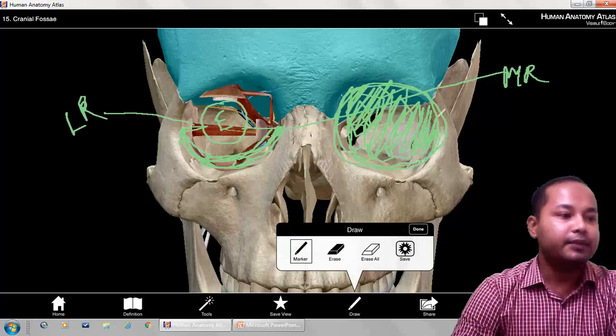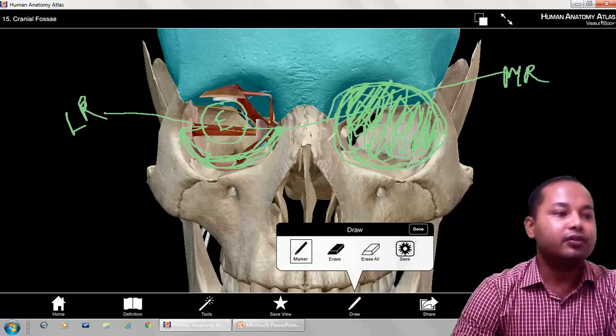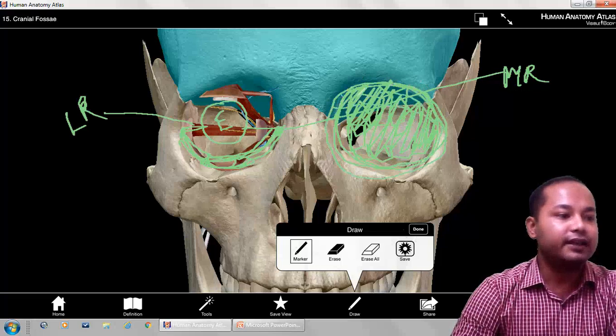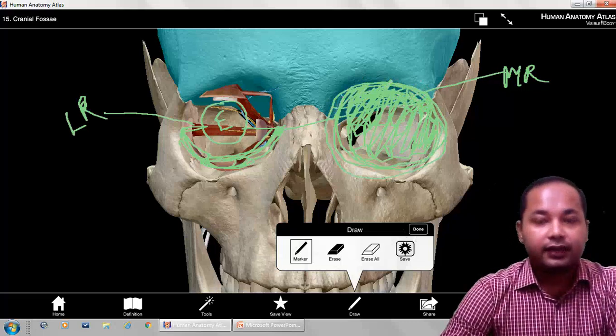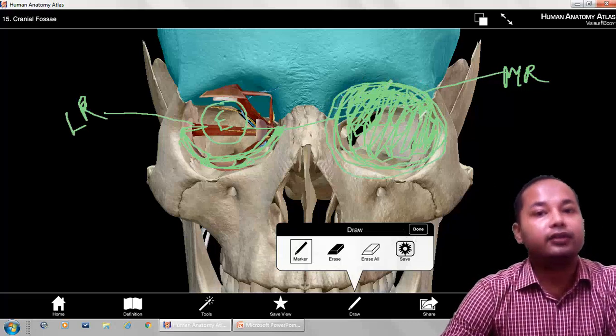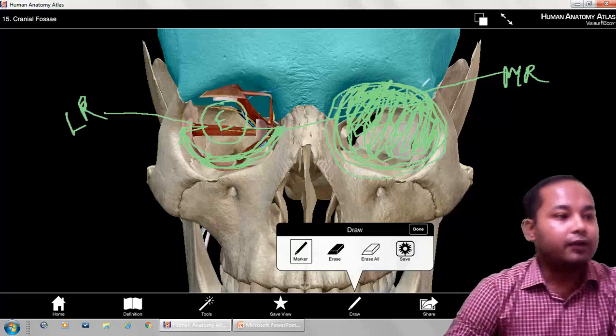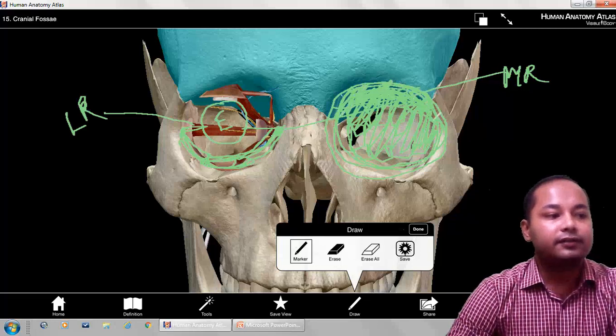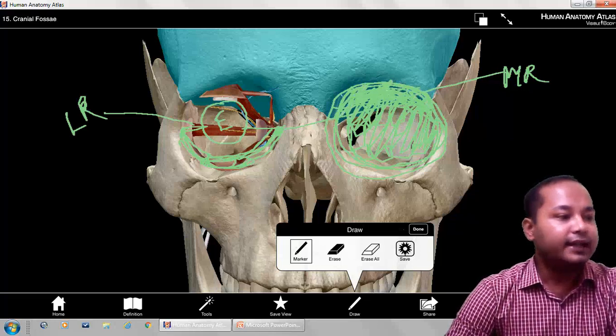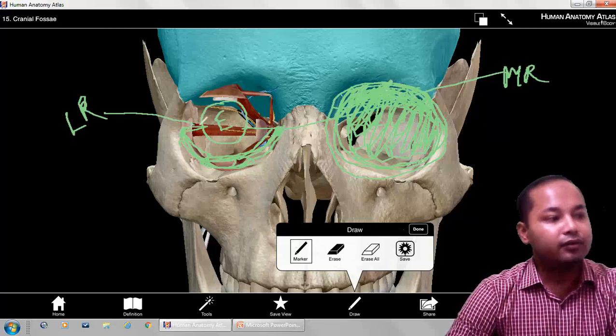So the orbital septum is the dural extension which is very close to the periosteum, and it is going to the eyelids also, so it is providing attachment to the eyelids. This is the outer layer of the dura mater, as you have the inner layer and outer layer of dura mater in the brain. The outer layer, which is coming along with the optic nerve, will be extending and attaching to the outer surface of the orbit, the periosteum, and the inner layer will be coming around